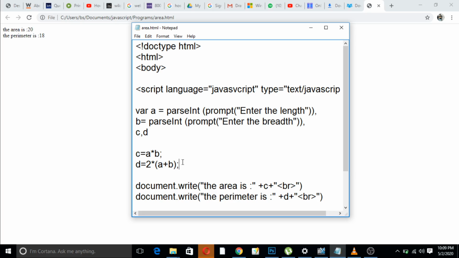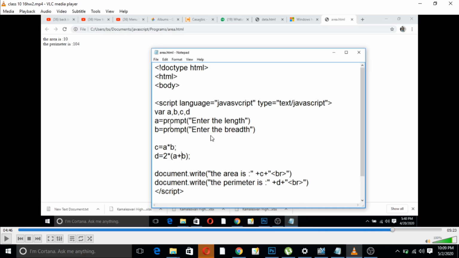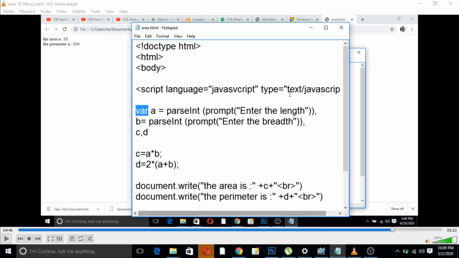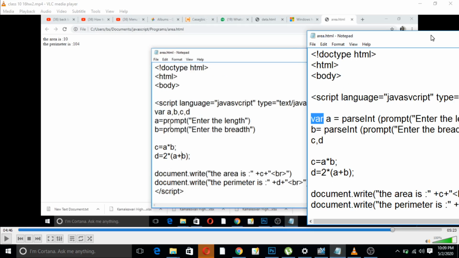So I hope you understood the difference between parseInt and the simple variable. If we were giving all the other operators, say minus, subtract, into, divide, whatever it is, all the other operators will function perfectly if you are giving just variable a, b, c, like here, then it would have worked fine.